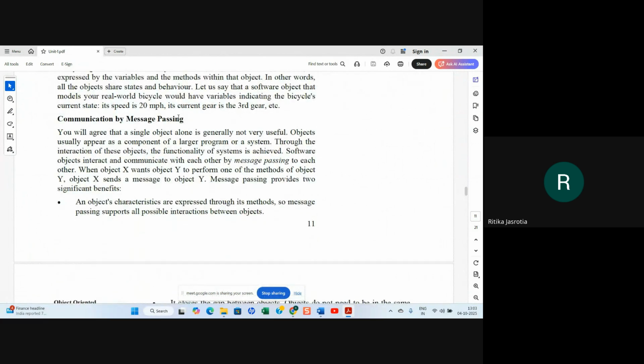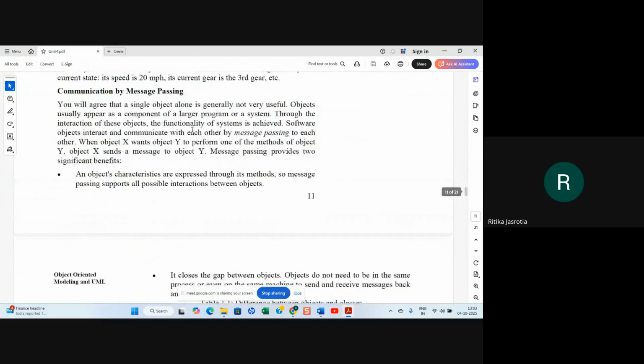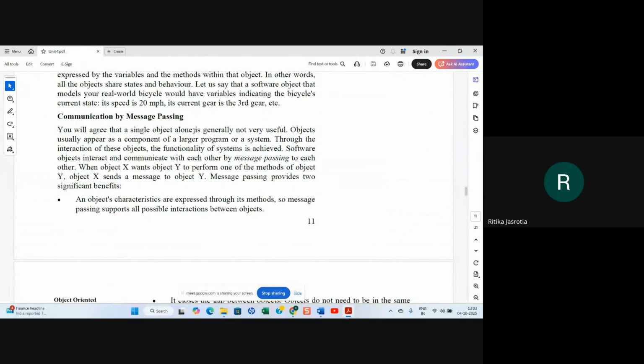So, communication by message passing. A single object alone is generally not very useful. Objects usually appear as a component of a larger program or a system. Through the interaction of these objects, the functionality of the system is achieved. Software objects interact and communicate with each other by message passing. When object X wants object Y to perform one of the methods of object Y, object X sends a message to object Y. Message passing provides two significant benefits.